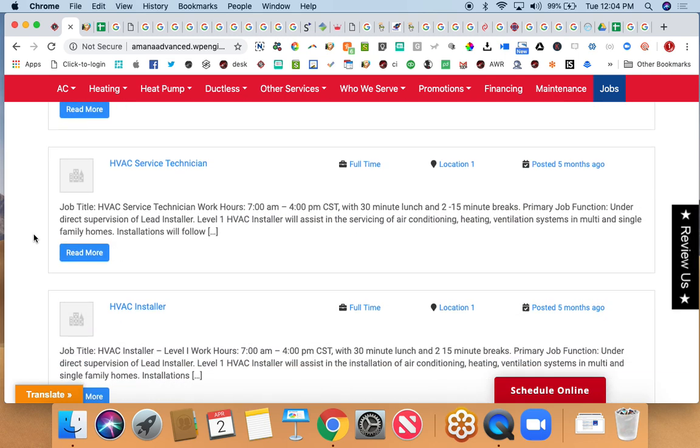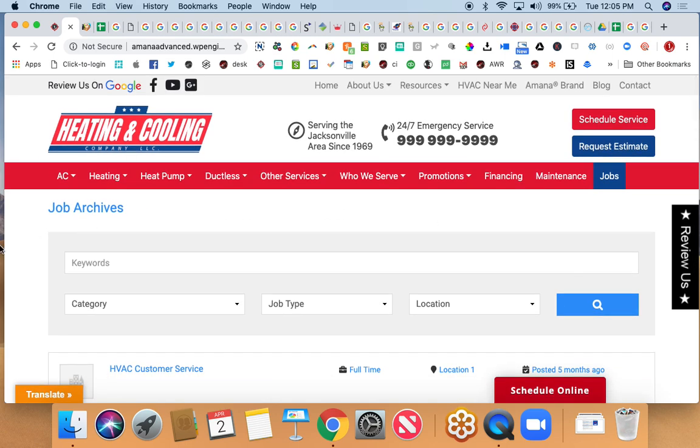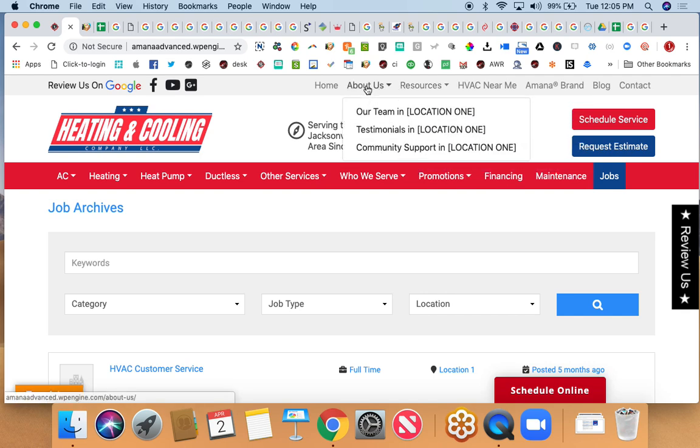So every one of these job descriptions, we wrote them. You can change them, you can edit them, you can do whatever you want with them. But you want to have it in there. You want a job board to make sure people can apply. You can build a database of resumes. You can easily access that. Other things that are important,